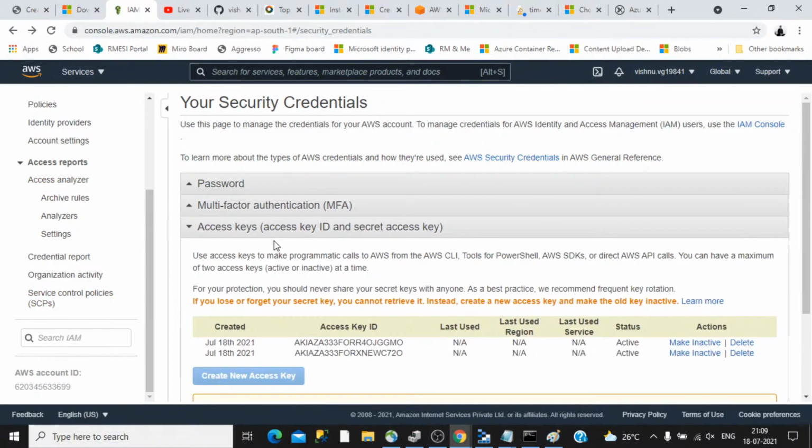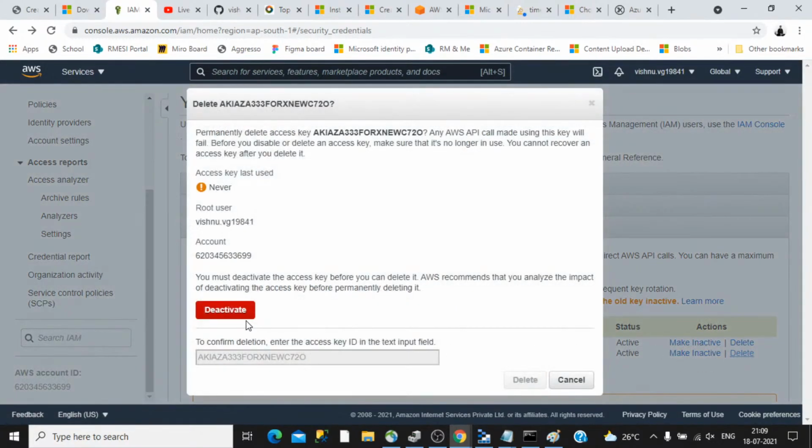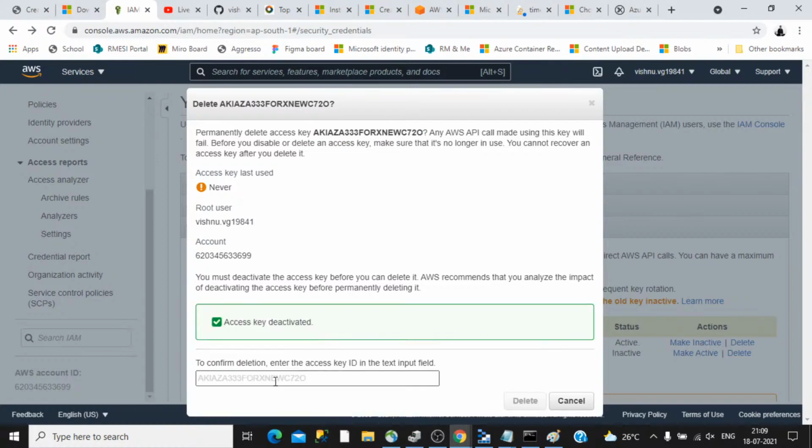Okay, this one, this is the access key. So let's delete the older access key. To delete that, we need to confirm, deactivate and then delete it.